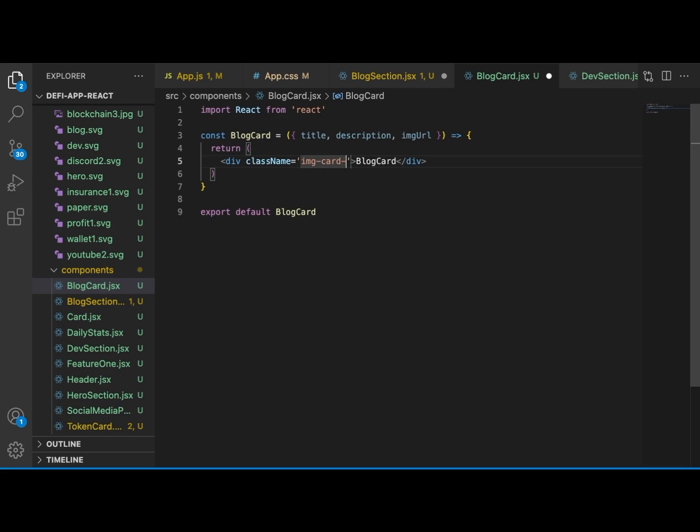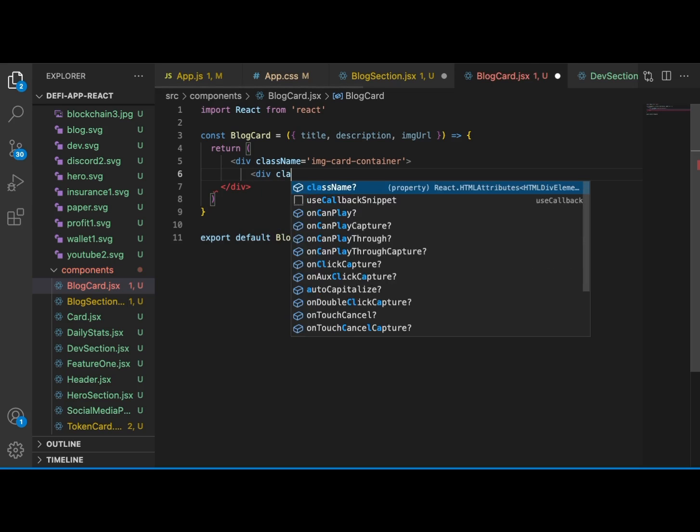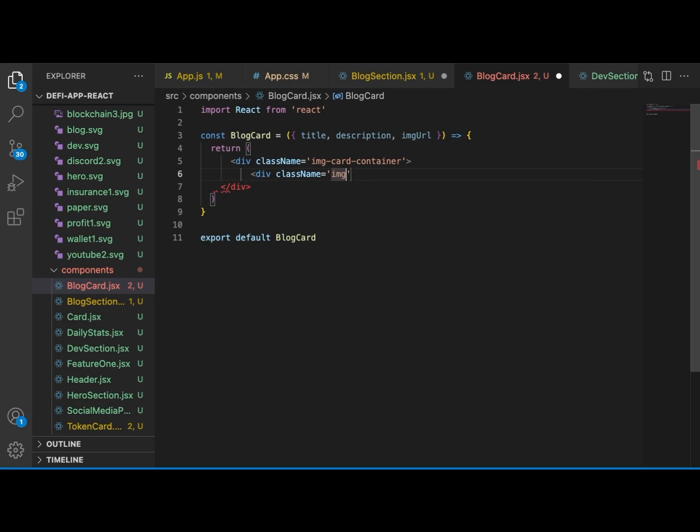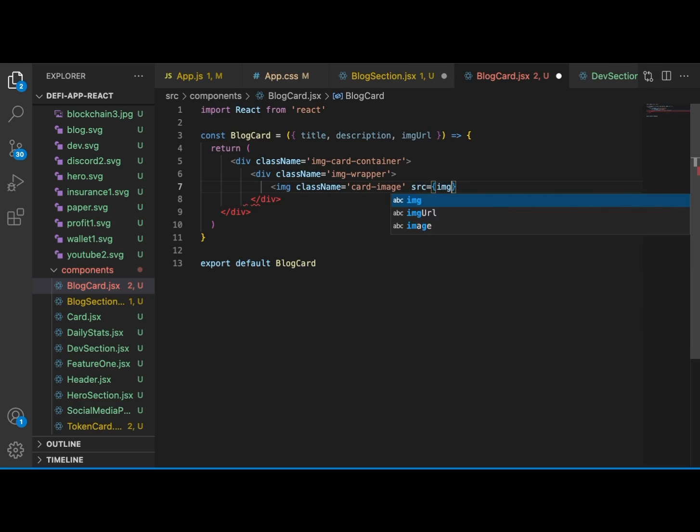So the main thing starting off here would be the image and then the rest of the content. So let's create a wrapper for our image. And the image itself, class name, card image, source,